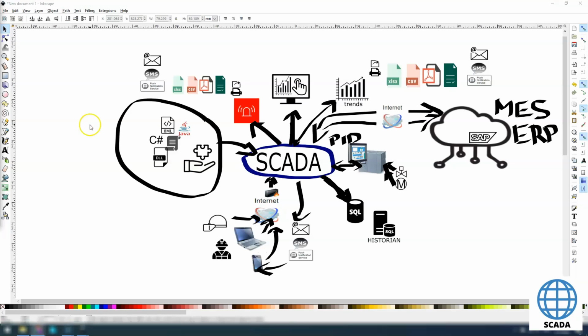The last point is connection to MES or ERP system. It is very powerful in new applications. So when a factory has the MES and ERP system, we need to have the SCADA system that can work with this kind of solutions. So the MES can send the data to SCADA, what exactly SCADA should work with, and SCADA can send back information, for example, how many good parts the system made today. This is needed for new SCADA, and this kind of solutions can give information about, for example, OEE